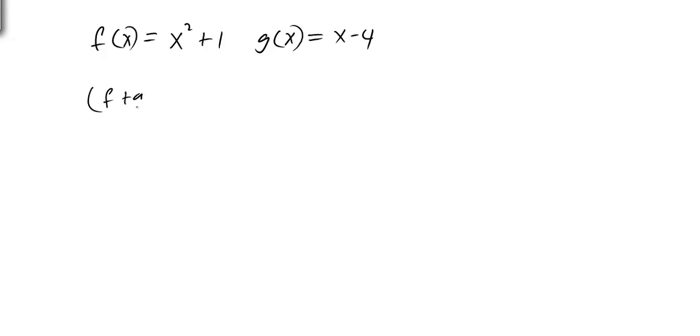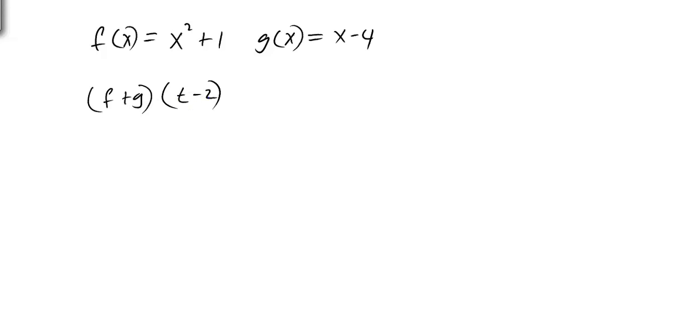All right, let's try another example. And we're going to use the same function here. Let's say that we have still f of x equals x squared plus 1, g of x equals x minus 4, and we want to find this time f plus g of t minus 2. So once again here, you got the two options we did above. Now notice here, we're not just plugging in a number such as 1 or 4, we're plugging in t minus